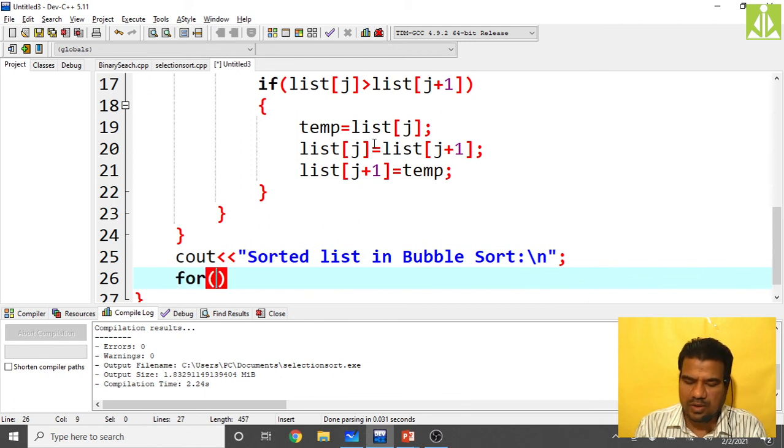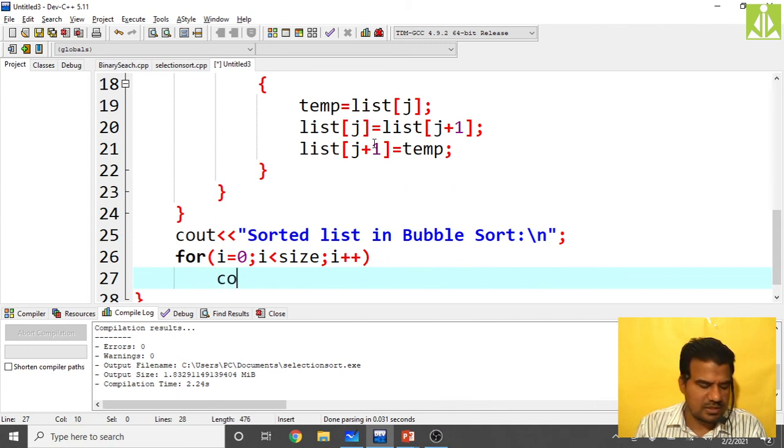And to print the list, one more for loop, i equals 0, i must be less than size, then i plus plus. Cout list of i with some space. In this way you can print the complete list.